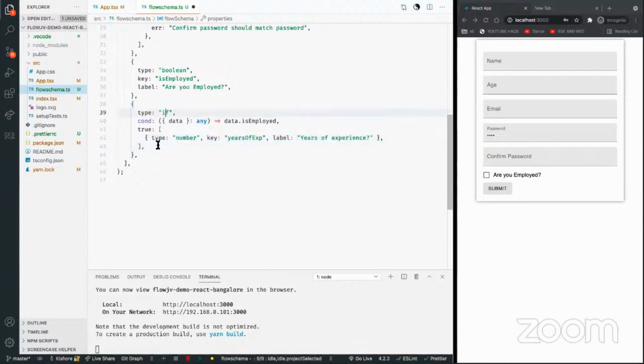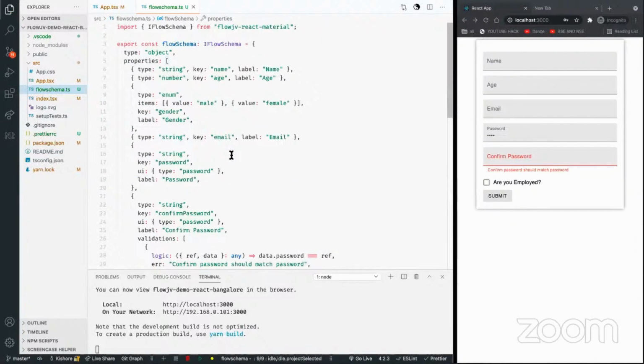And in the same way, if it's true, then we are showing these properties. And in the same way, we can define something called else, sorry, false, where the condition becomes false. We can define some other properties. So that is about FlowJV in terms of data requirements.